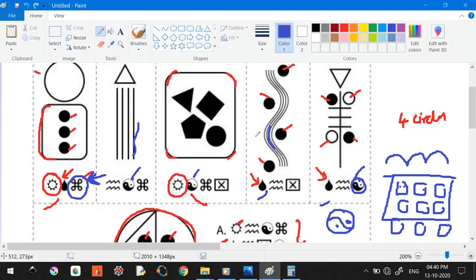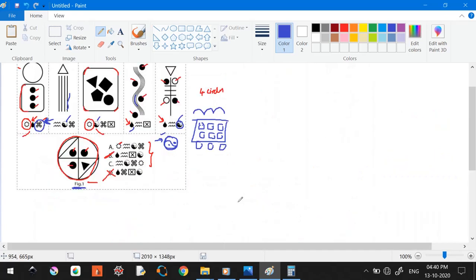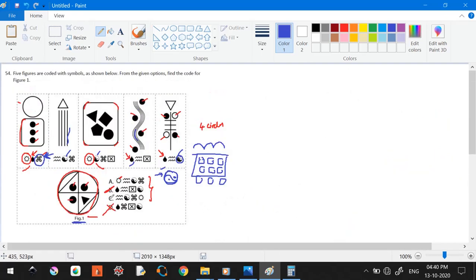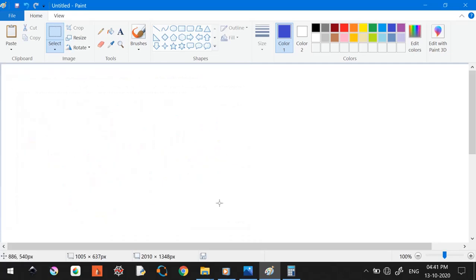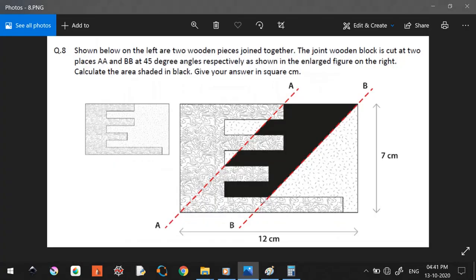When you are not able to derive anything out of one particular pattern, just move out and take up something else. That's the suggestion I would like to give here. Anyway, we have arrived at the solution very quickly. I hope this is clear. Let's move to the final question, because I have a meeting at 5:30.